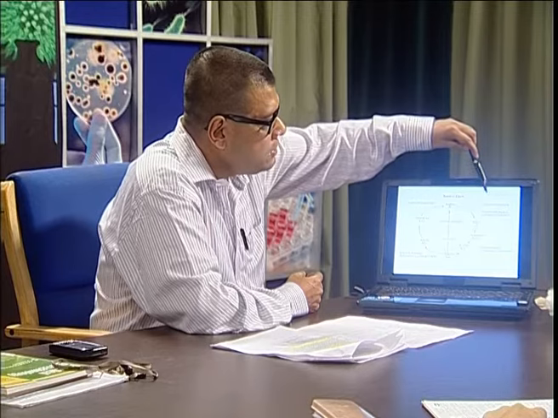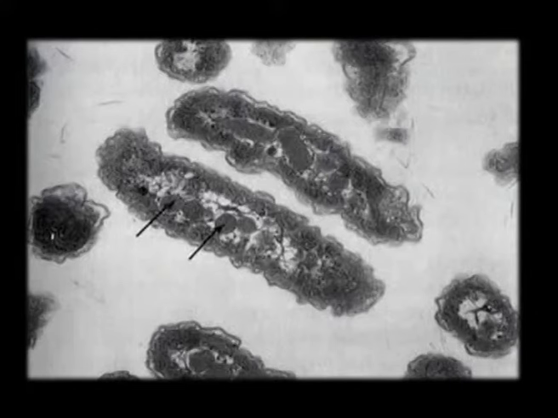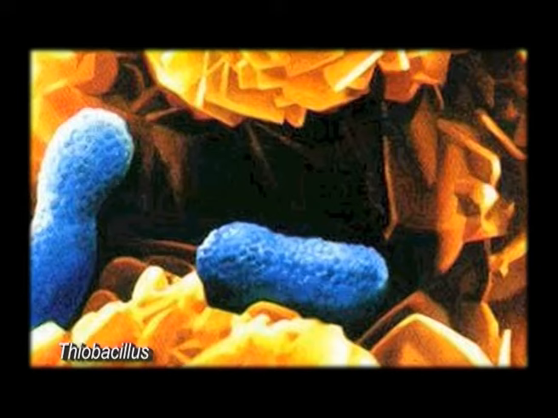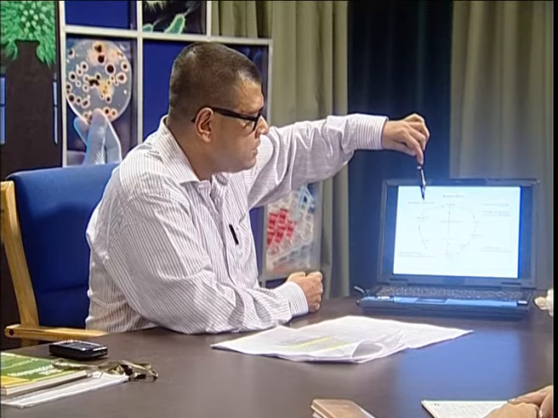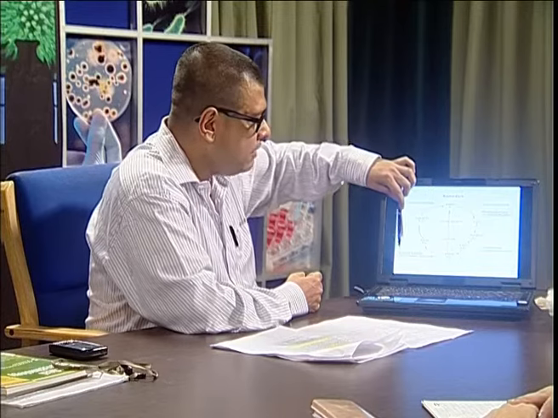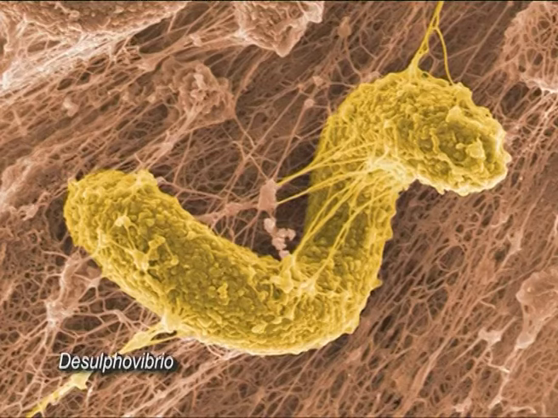The sulfur oxidation is carried out by the photosynthetic bacteria, the Chromatium and the Chlorobium, which convert sulfide to thiosulfate. And at the same time, there is the Thiobacillus, which converts the thiosulfate to sulfate. So this process is oxidation of sulfur to sulfur dioxide or sulfate. And sometimes this sulfate is reconverted to sulfide by another group, which is sulfur reduction. And this is carried out by the anaerobes like Desulfovibrio, and thereby the level of sulfate and sulfide is maintained in the sediment, and it is called the sedimentary cycle.